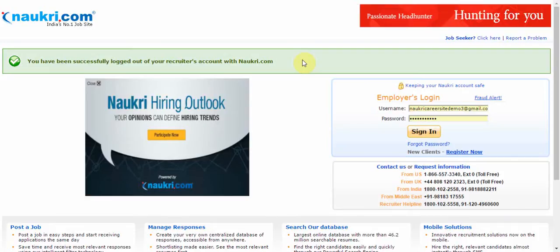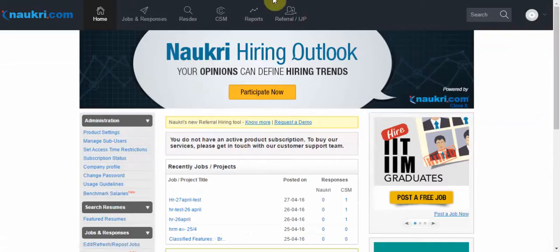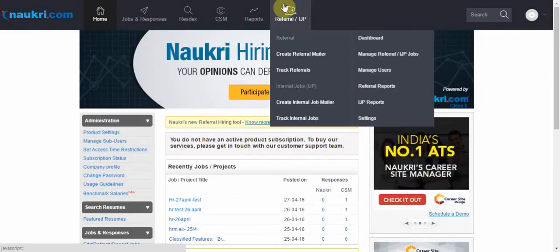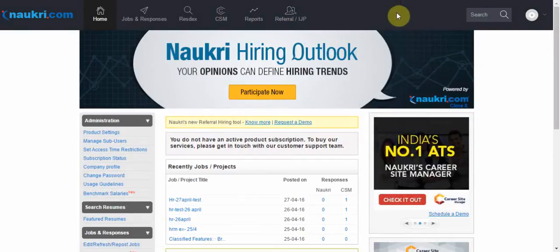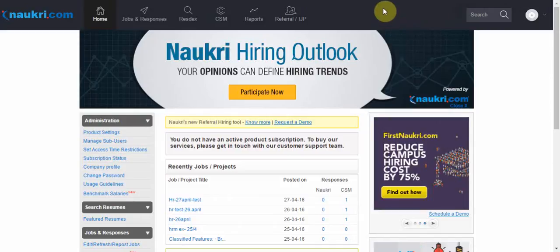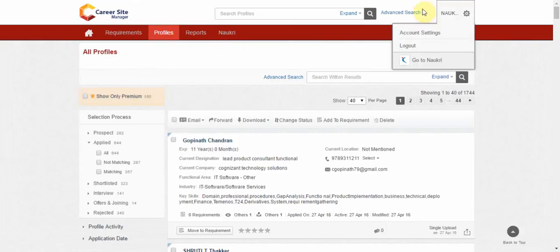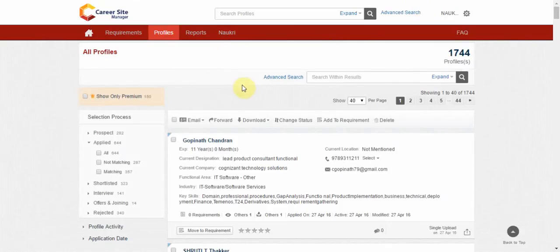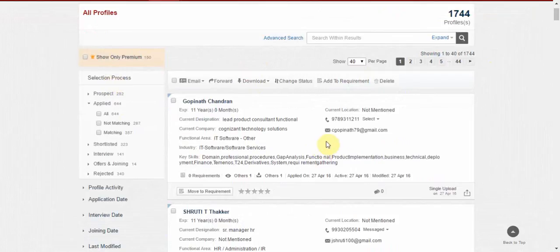So let us first log into CSM. If you want to access all the candidate profiles that are currently available in your system, you just need to click on the All Profile links. This page is called the profile inbox of your system. Right now you can view all the profiles that you have access to in CSM from under this All Profiles link. So currently there are 1744 profiles that have been sourced into CSM from various places, and you have access